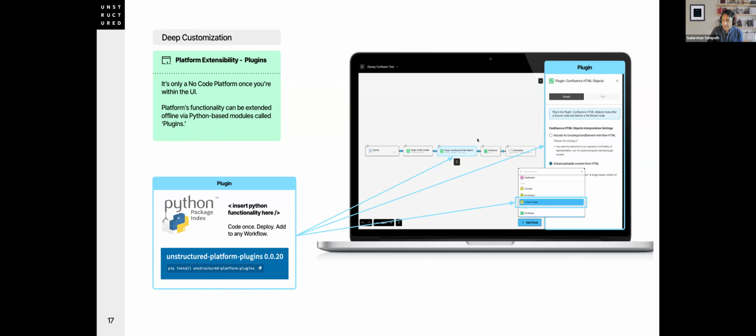But we designed our platform to be a set of plugins. And so that's code wrapped in a container. And the plugins are authenticated against their data plane. And so it's only a no-code platform when you're in the UI. Everything is executable through Python-based modules known as plugins, but even that Python thing could be abstracted. You could leverage any language. You could use Ruby on Rails. You could do Scala. It doesn't really matter. It just has to be executable through our plugins.